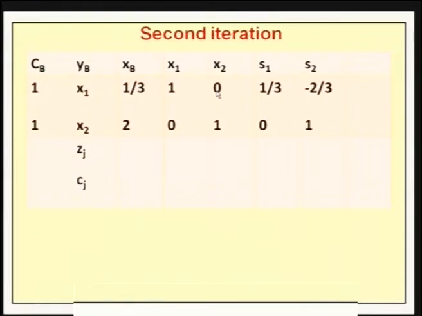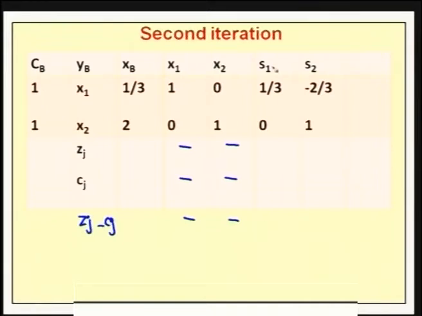Next, again we have to check the optimal solution of this table. For that, in the place of S2, x2 enters, already x1 is there. So, x1, x2 are the basic variables, the corresponding costs are 1, for x1 the cost is 1, for x2 the cost is 1. Now, since x1 and x2 are basic, for such basic variables Zj minus Cj value is always 0, therefore, we need not compute Zj minus Cj for those basic variables.